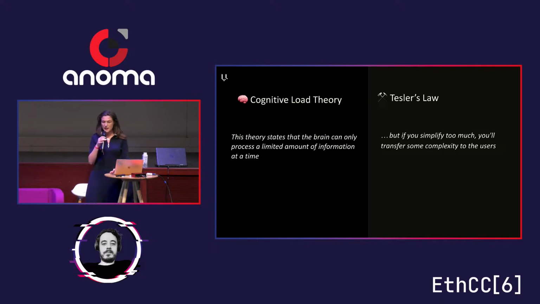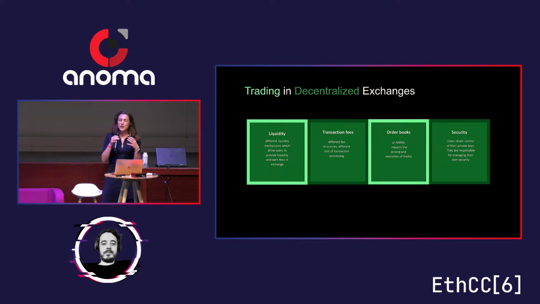And now let's get a little bit technical because we're trying to design something that is a bit specific. Let's talk about some key factors that can impact the trading experience and the cost of transaction processing in DEXs. The first one is liquidity. Users may experience wider bid-ask spreads and slippage when trading if there is lower liquidity. That is why DEXs implement different liquidity mechanisms which allow users to provide liquidity to the platform and earn fees in exchange, meaning that it impacts the fee structure on DEXs, same as the order books or any other types of models such as AMMs that have an impact on the pricing and the execution of trades as well. Implicitly, they impact the user experience.